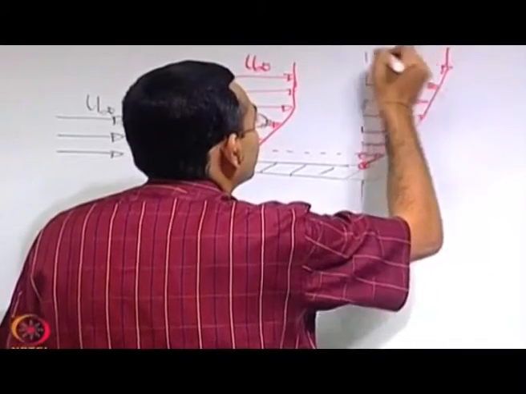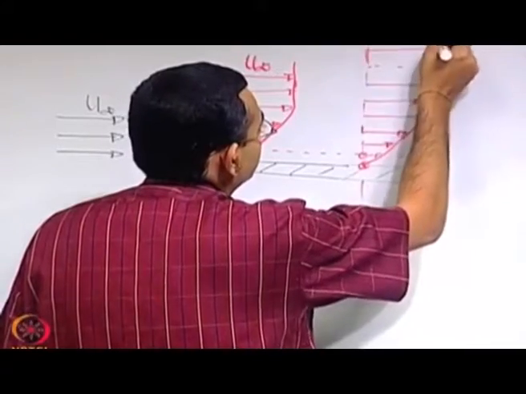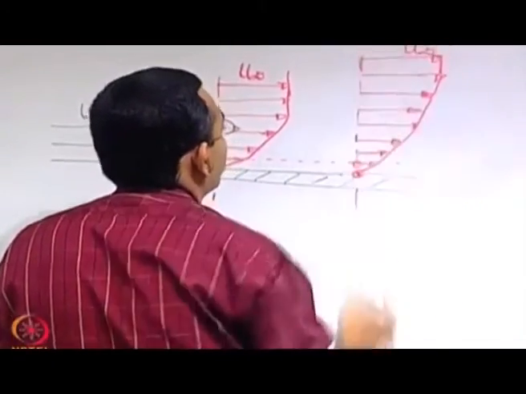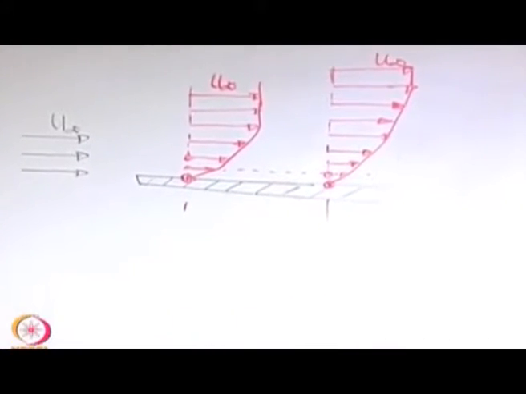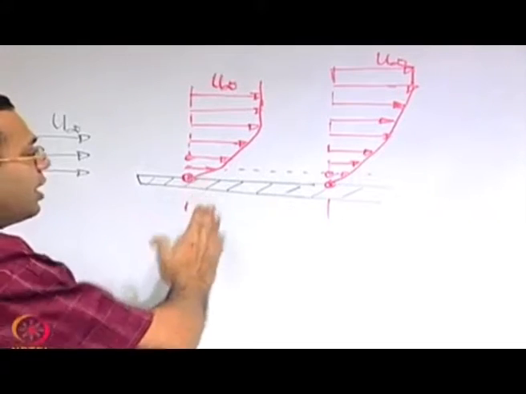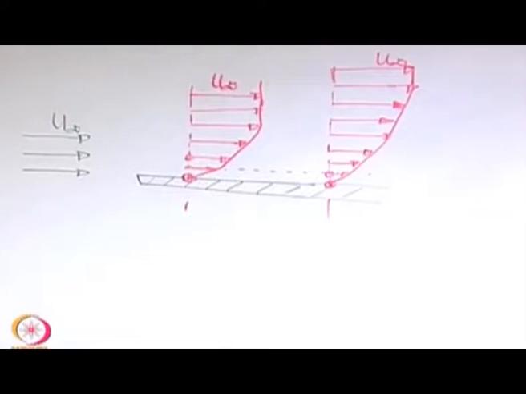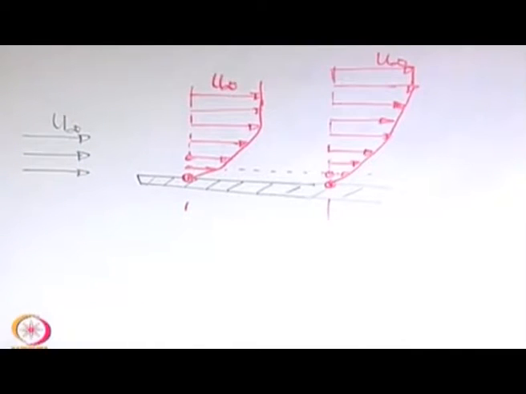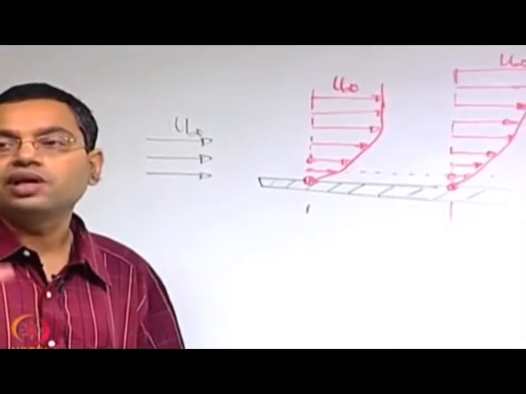Beyond which the velocity remains the same. So, you can clearly see that if we want to demarcate the characteristics of the velocity profile, we have two important characteristics. One characteristic is where the velocity profile has a sort of a gradient, and another characteristic is that the gradient ceases to exist.